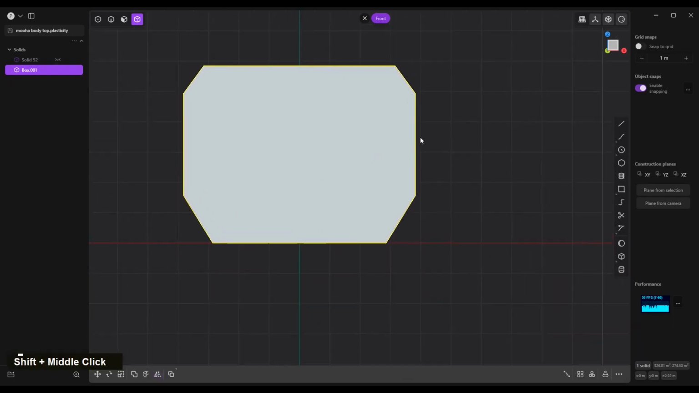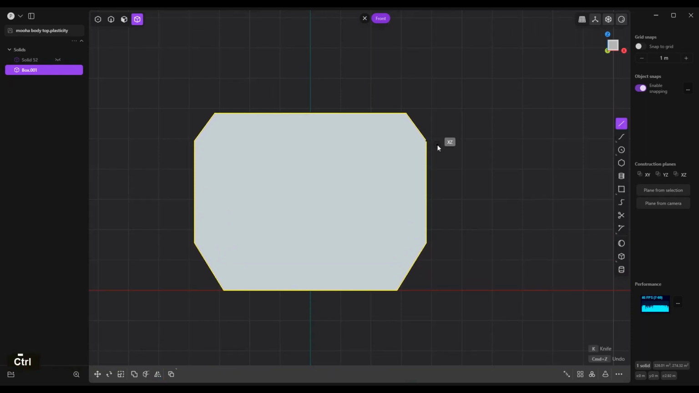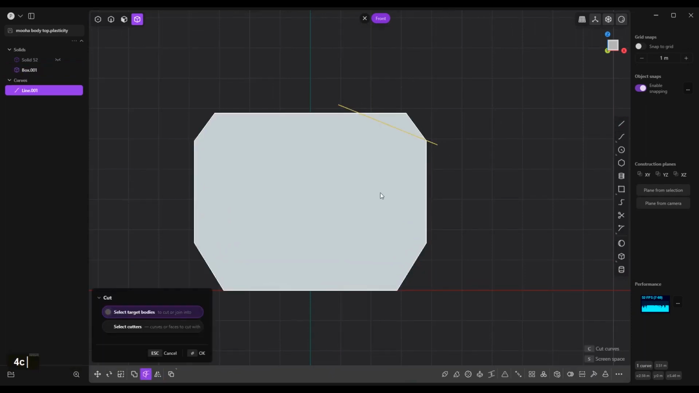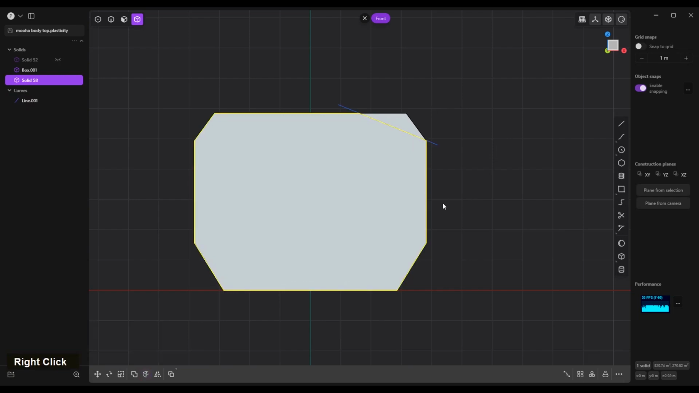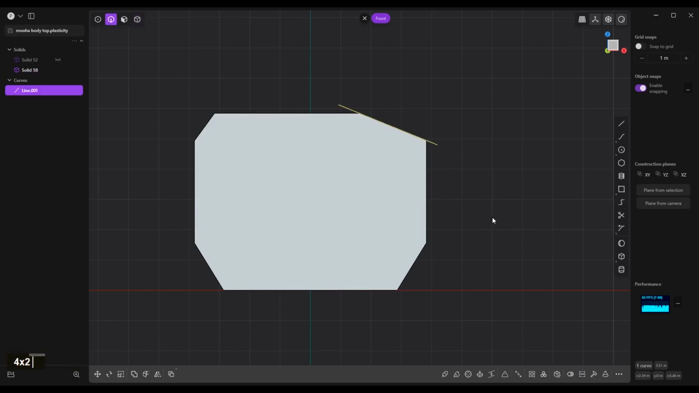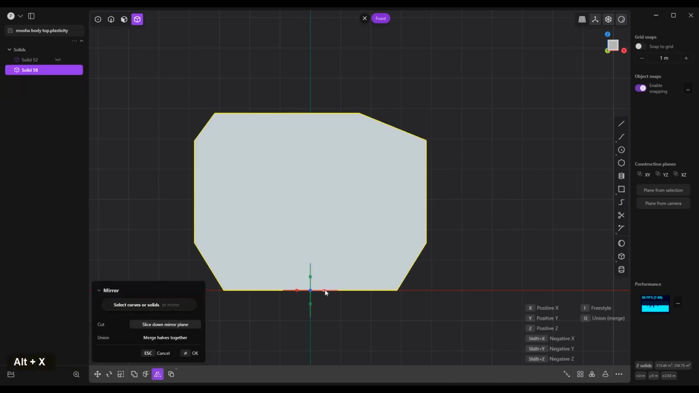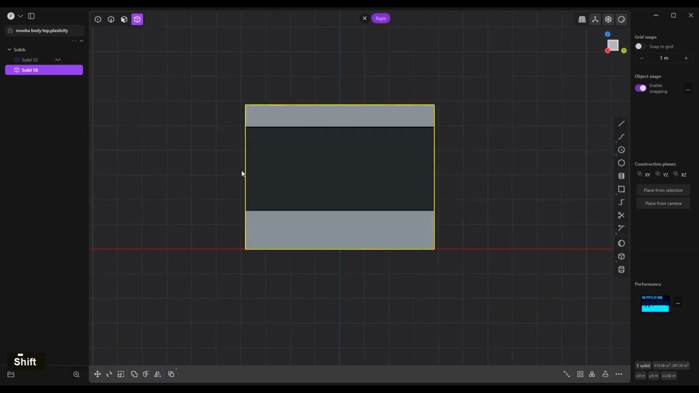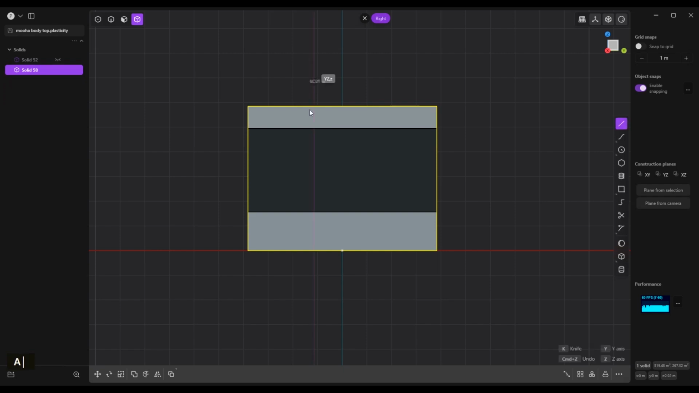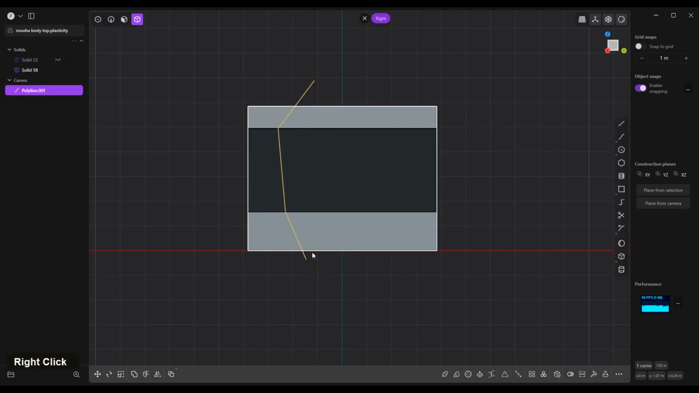Okay, now Shift A, cut, select object, right click to confirm, 4 to object, X to delete, 2 to curve, alt X to mirror here, merge halves together, 3, Shift A, something like this, angle like this, right click to confirm, C, right click to confirm,